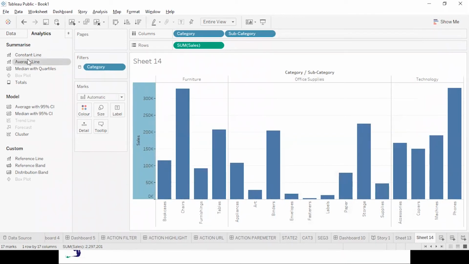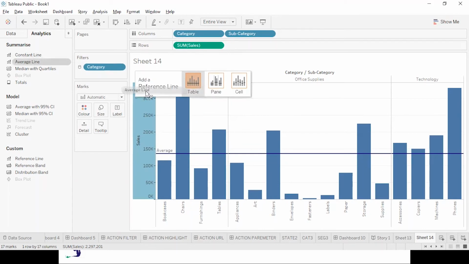Let me take an average line, on the basis of table, pane, and cell. Let me say on the basis of table. So you are getting an average line over here. You can see which categories are falling above and which are falling below this. So this is the average line. Now once again I will take the average line. You will see table, pane, and cell.